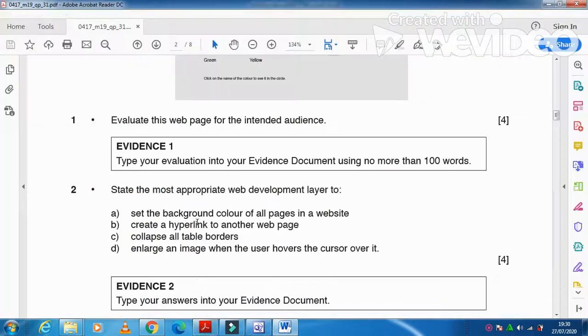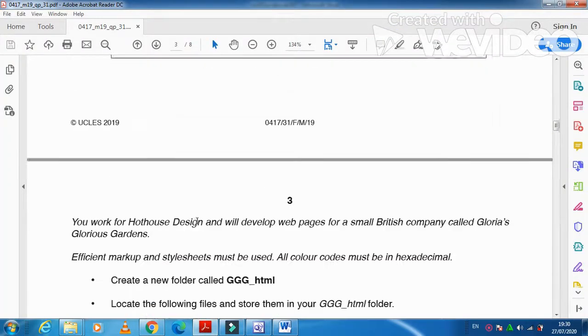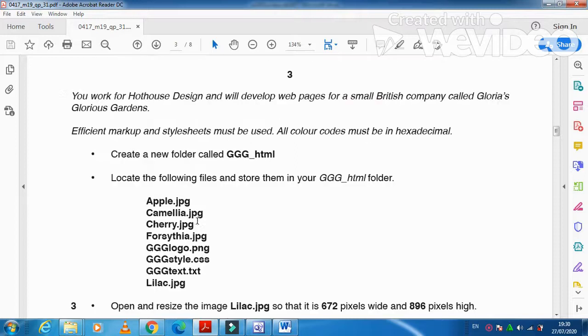That's it. Next part is question number 3, but before that there are some instructions that need to be read first. You are going to design a web page. For that web page you need to use an efficient markup and a style sheet must be used. All color codes must be in hexadecimal, and first of all you need to create a folder with the name of